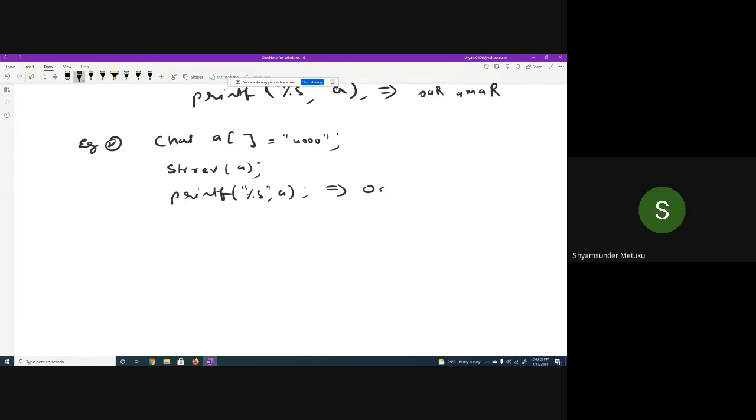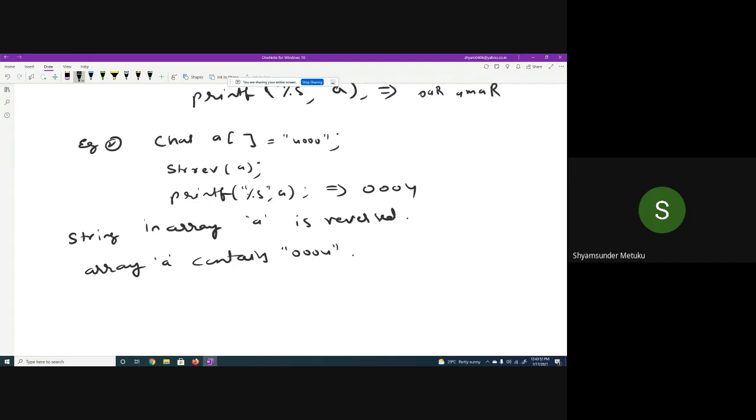It's not O, it is zeros, okay? It's 0004. Yes or no? Yes, sir. So you can simply write, string in array a is reversed. Array a contains 0004. Is it clear? Yes, sir.